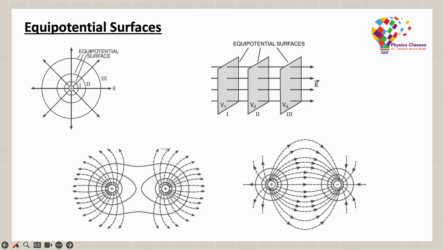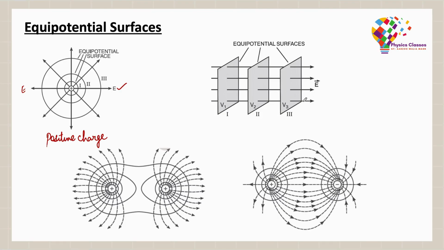Now, let us look at some equipotential surfaces here. The first diagram that you see over here is showing you multiple equipotential surfaces for a positive charge. If you have a positive charge, the electric field lines are outwards. These arrows are showing you the electric field lines, and these circles that you see are your equipotential surfaces. You can see that the distance between the equipotential surfaces is increasing as you move outwards. That is simply because the strength of the electric field decreases as we move away